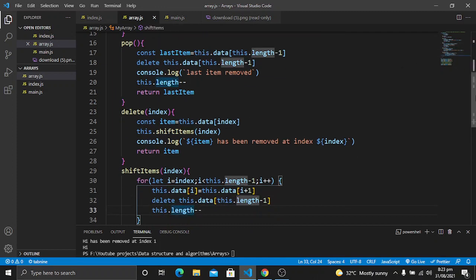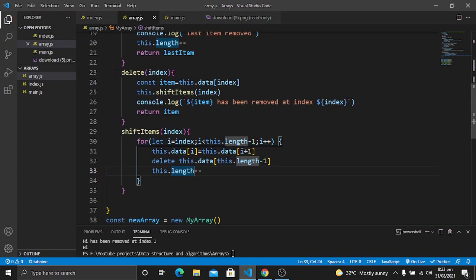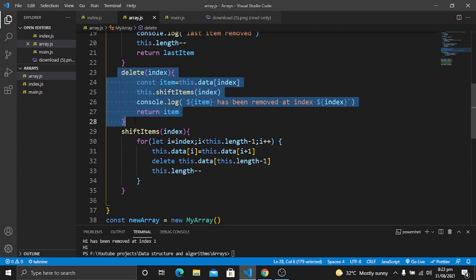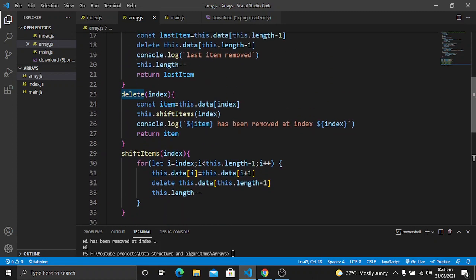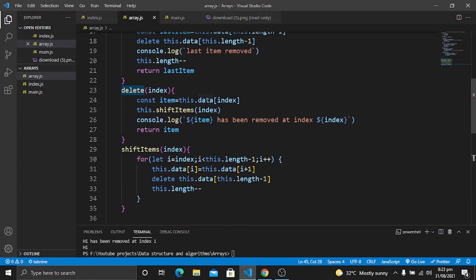So the next method that we have built is delete. It will delete the item at a specific index in the array. For example, when we call this delete method, we pass a specific index, meaning from which index we want to remove an item. We store the item, or the value at this index, in this variable, which is item.